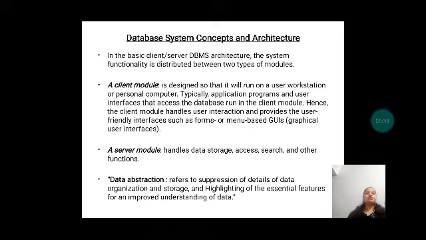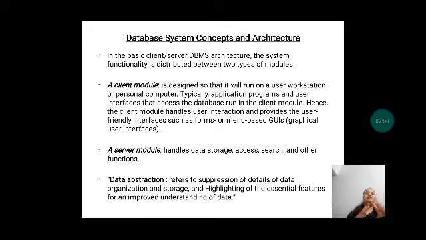Only the important features are shown so that they can understand the data, not any other details of the database. So that is called data abstraction.